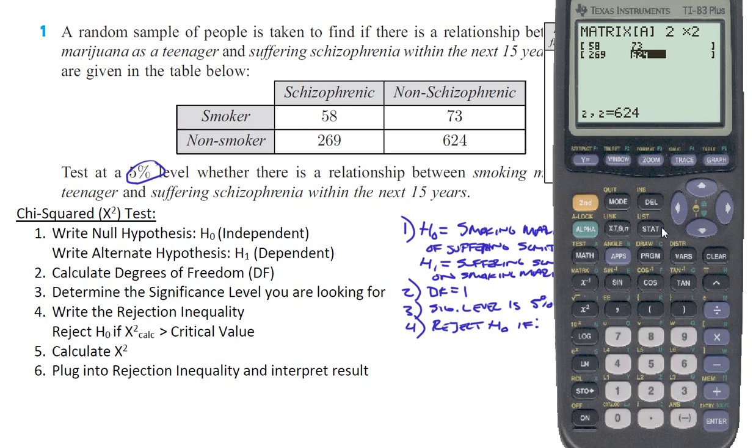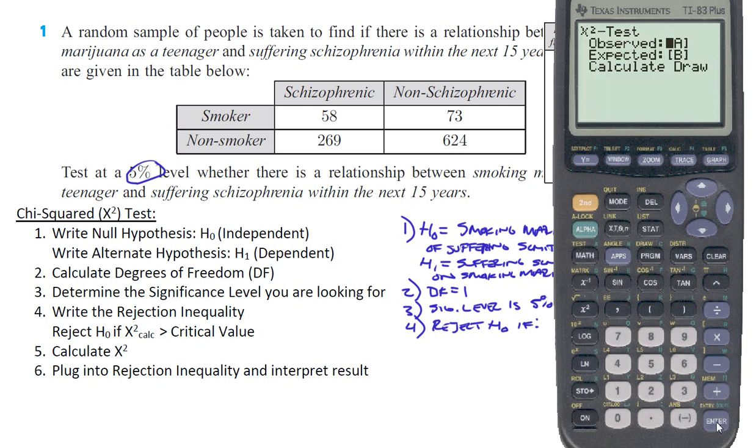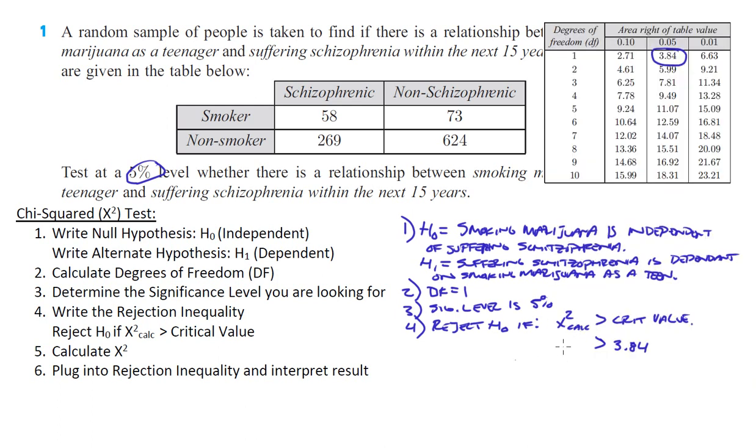Okay, so we will go back into stat and we're going to calculate our chi-squared test. All right, so here's chi-squared test. We put our new data into A, calculate, and we get that our chi-squared is 10.53. Okay, so 10.53 is greater than 3.84, so that means we are going to want to reject H0 and therefore